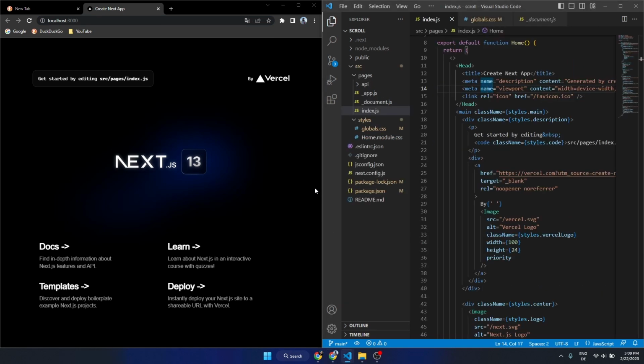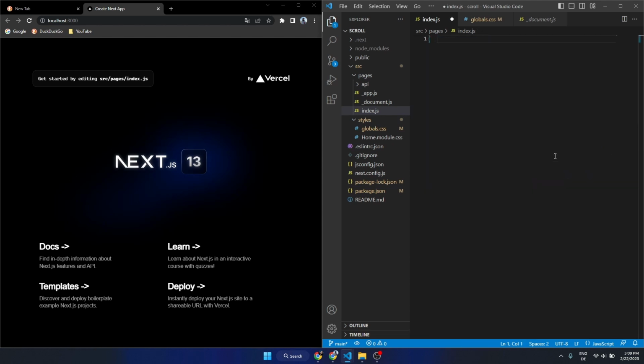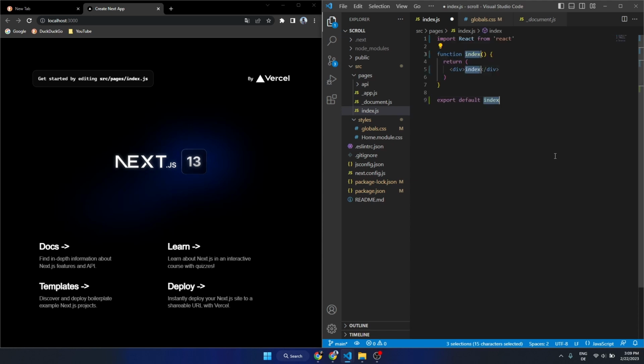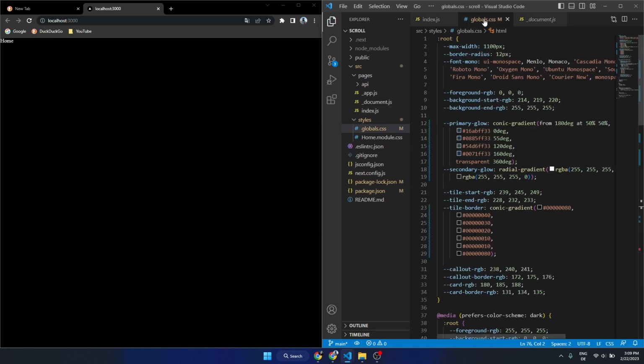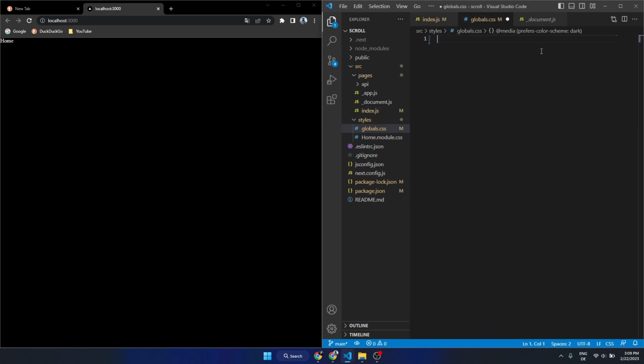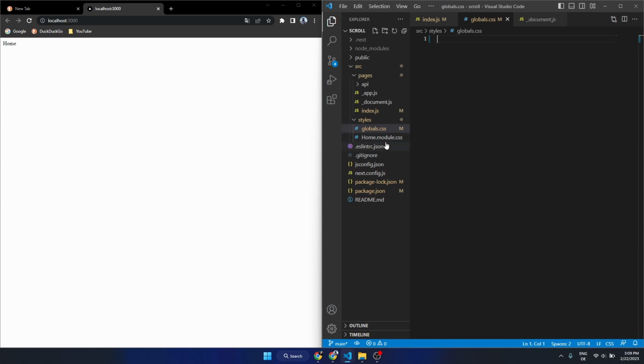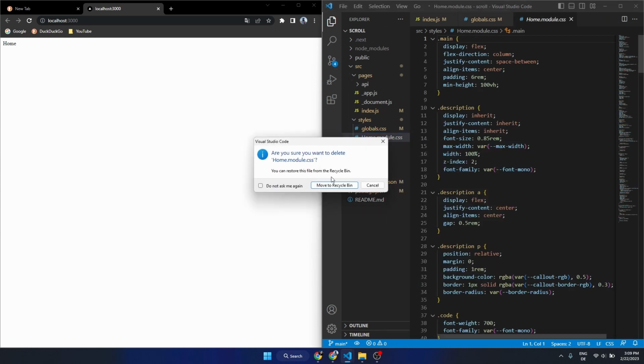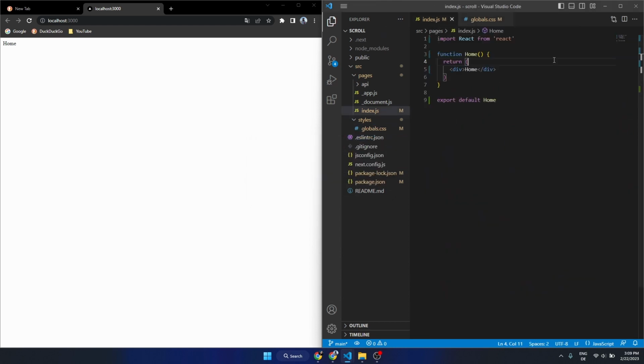So at this point we just need to remove all this placeholder stuff that comes with npx create-next-app, and we're just going to create a brand new functional component. Call it just home. I'll just remove all the global CSS and I'm going to delete the home modules as I'm not using CSS modules for these projects. So right now we just want to create